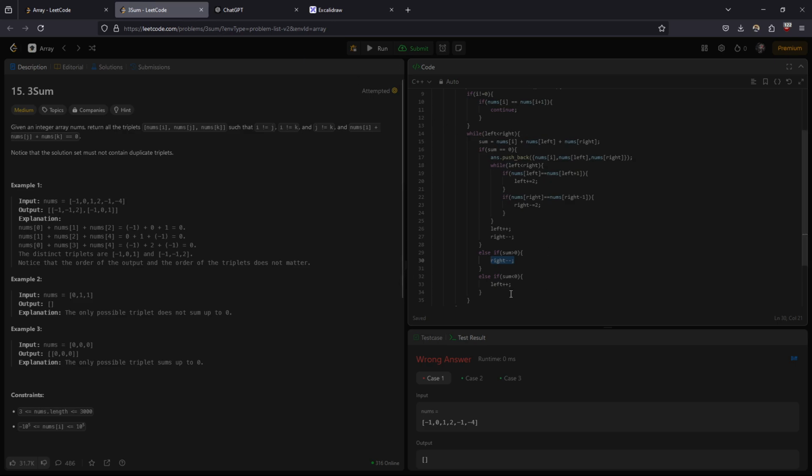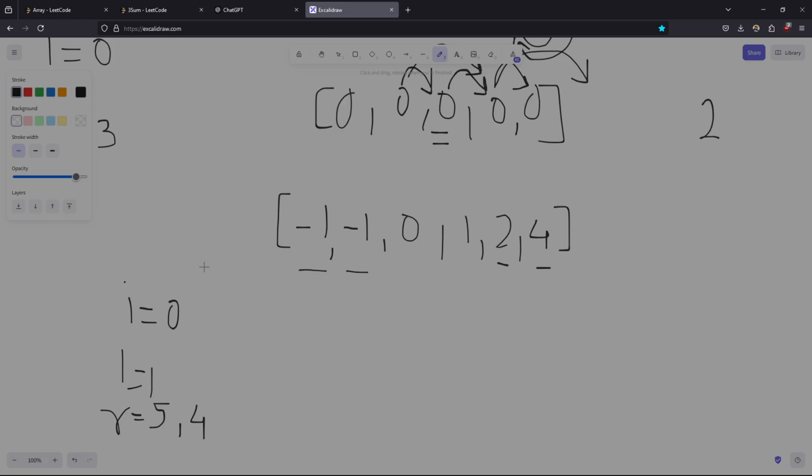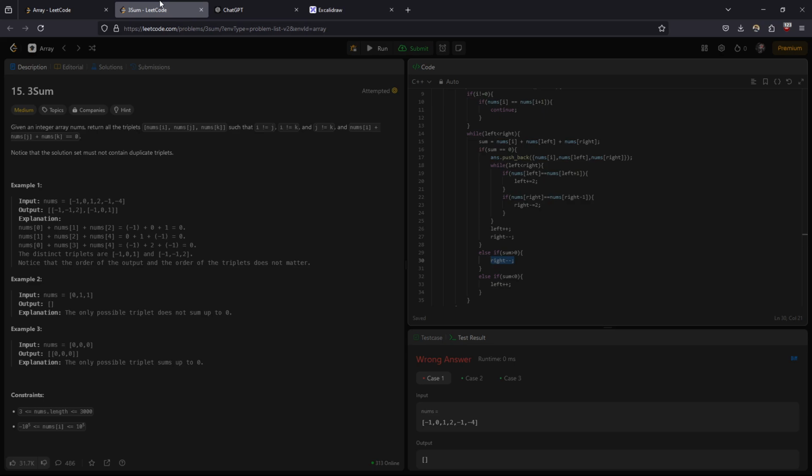It will come again here. Is left still smaller than right? So it will add these 3 again,